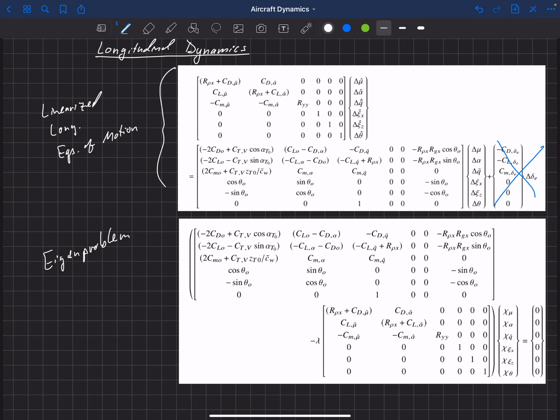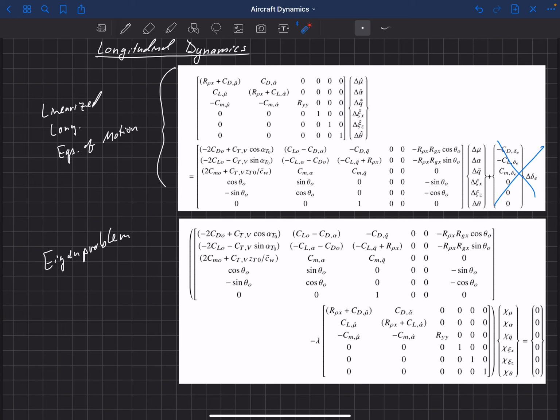So this second set of equations is our eigenproblem. These equations say A minus lambda times B, times this chi vector, which is our eigenvector, is equal to 0. This matrix right here is our A matrix, so we just plug it in right there, and this matrix right here becomes our B matrix. Now we just plug that directly into this eigenproblem. We plug that into an eigensolver, and out come a series of eigenvalues and eigenvectors.